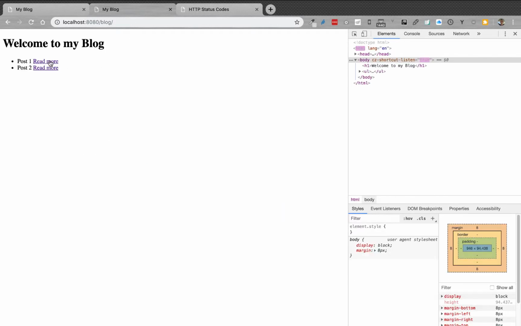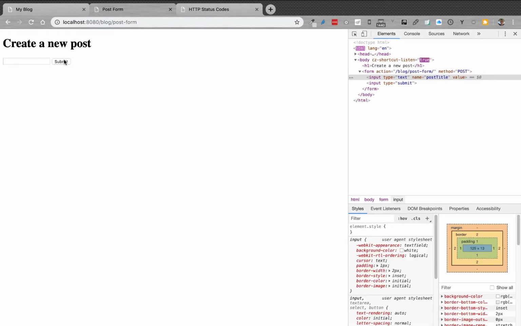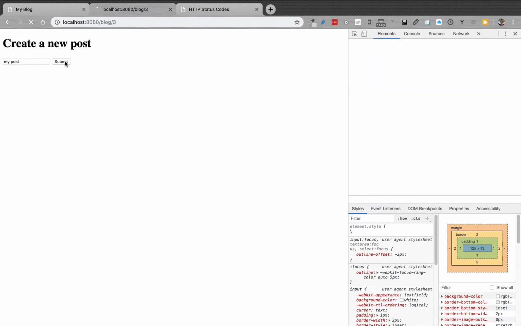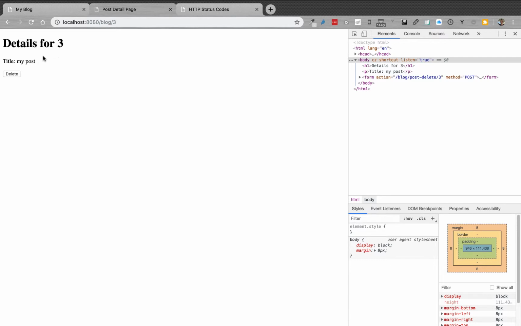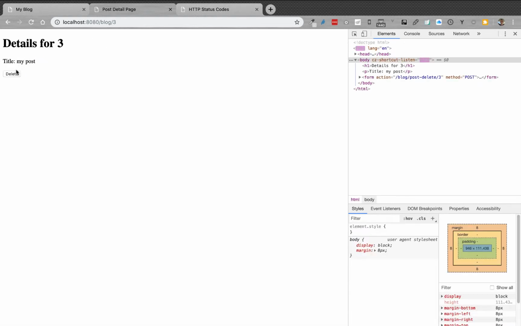Here we go, reload. Okay, so now let's go to post form and create a new post, my post. There we go, submit. And there we go, details for 3, the title is my post. We go to blog and we see it got rendered here. Okay, so let's go ahead and delete everything, delete,